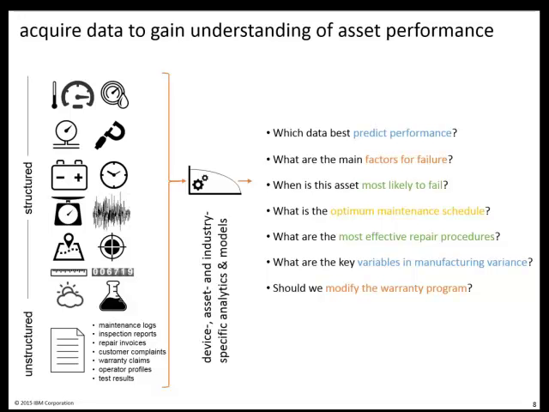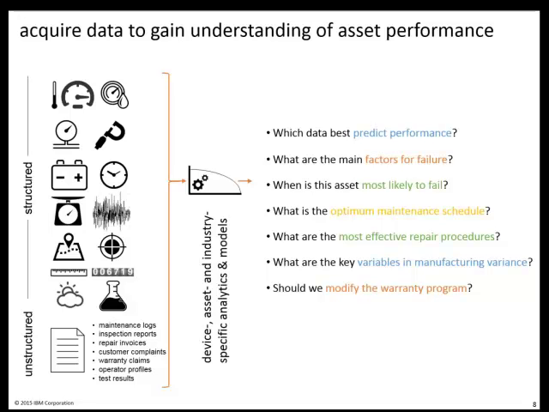So for any particular asset, you might have many different sources of performance data, whether that's time, temperature, electric resistance, vibration, lab tests that you might have done, as well as unstructured information associated with maintenance systems, such as repair invoices, warranty claims, test results. And our goal here is to look at all of this relevant information and give an assessment as to which of this is relevant, how do we build these specific asset models,